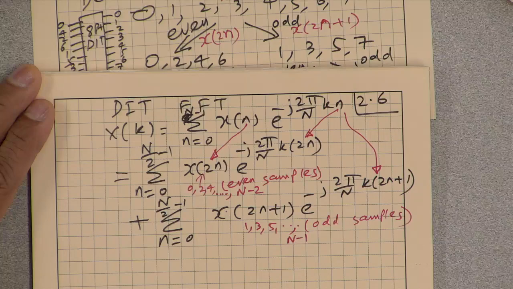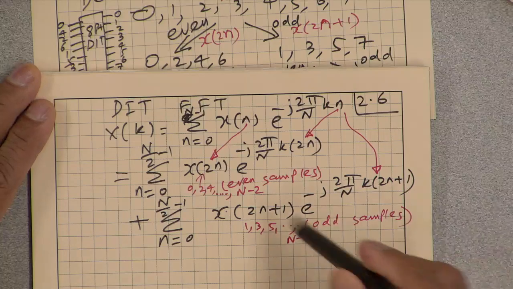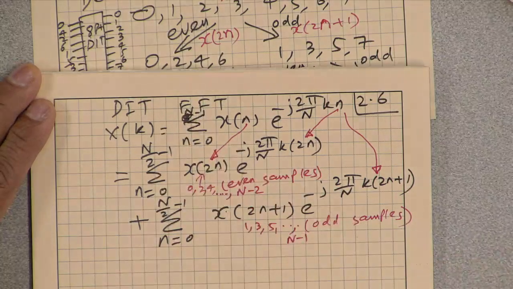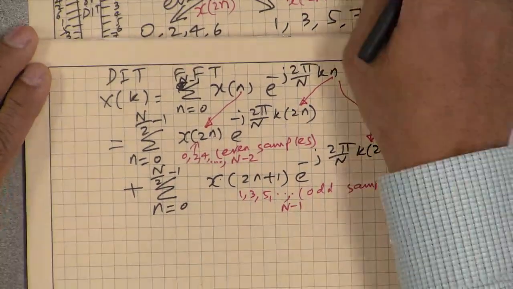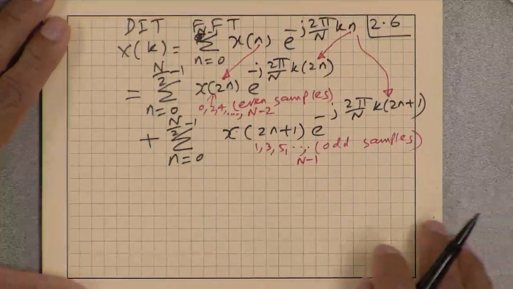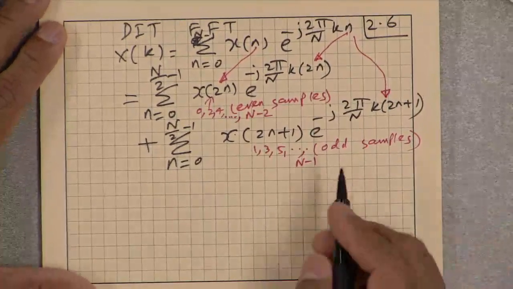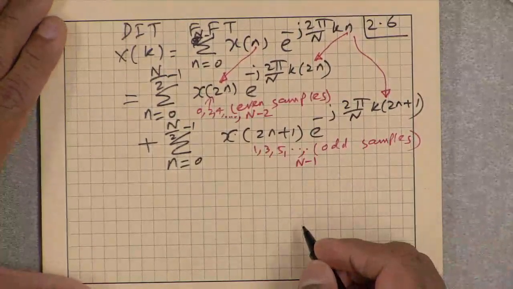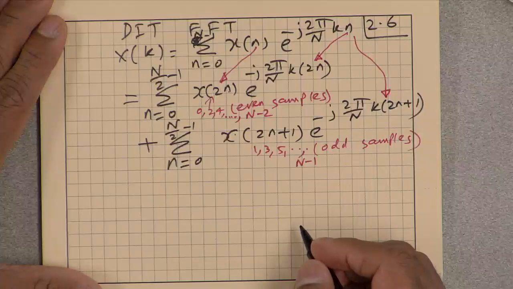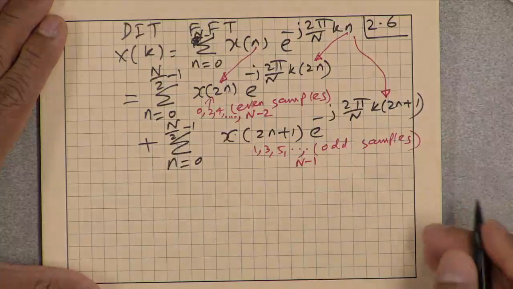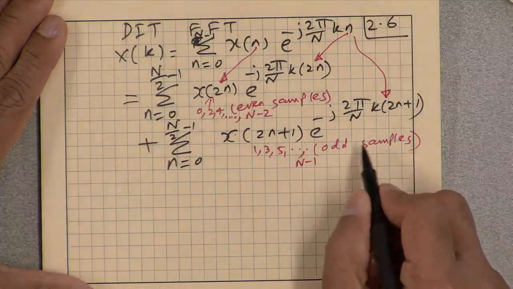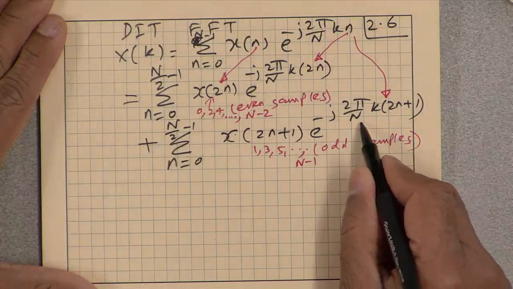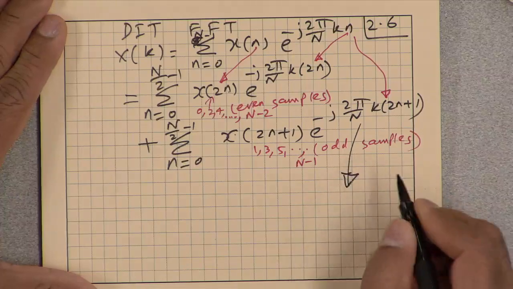If you think of it in terms of the original index, that was 0 to n minus 1 of the sample index. Okay, so that's the decimation in time. And then if we look at this quantity here, it can be written as